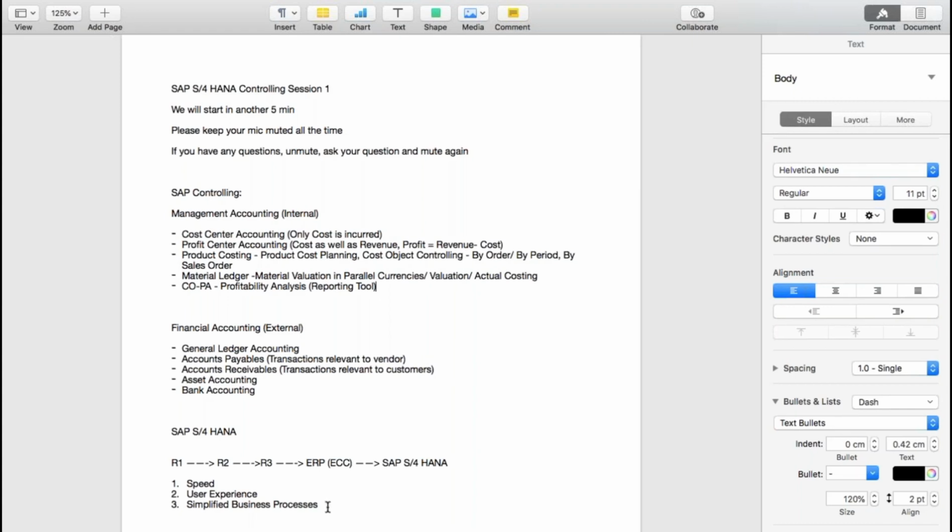Okay, so when we say simplified business processes, very importantly for the CEO, it is reconciled business processes. Okay, so in ECC, one of the major challenge for CO is FI and CO. Many times, FI and CO, they are storing the data in two different set of tables. Okay, and the problem is that the figures are updating in one table, but due to some technical reason, the figures are not updated in the second table.